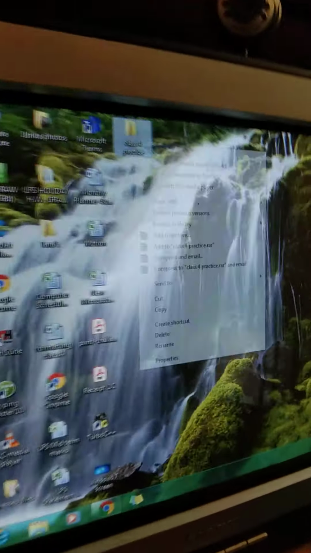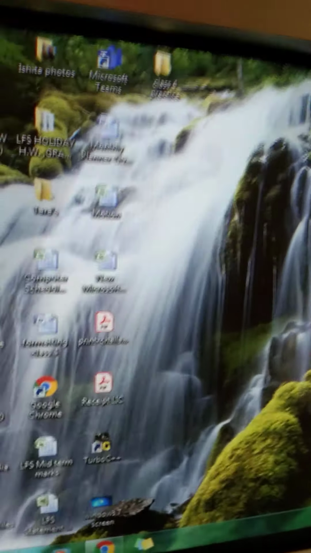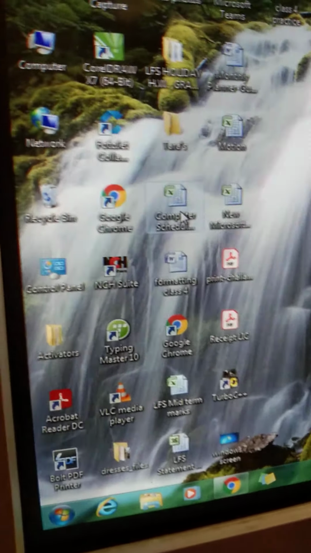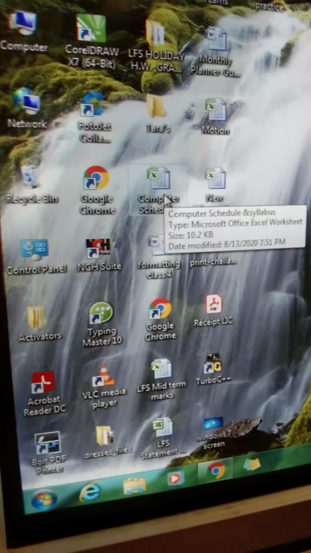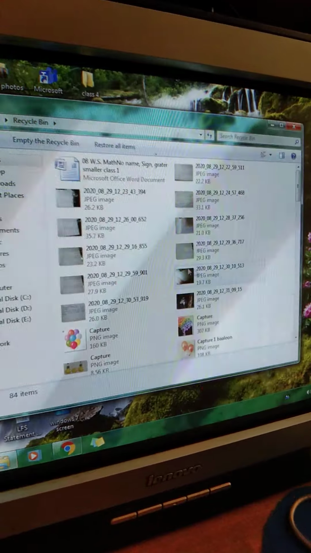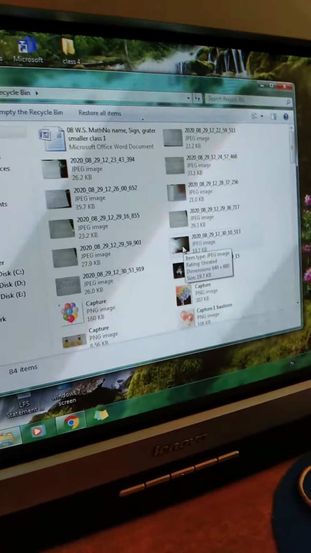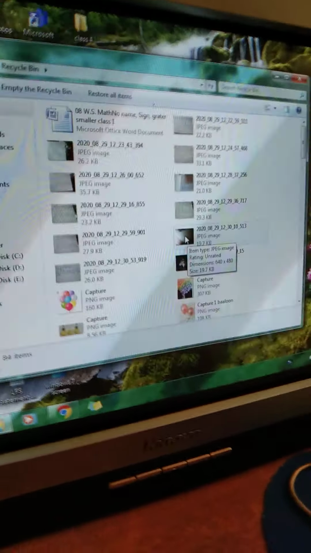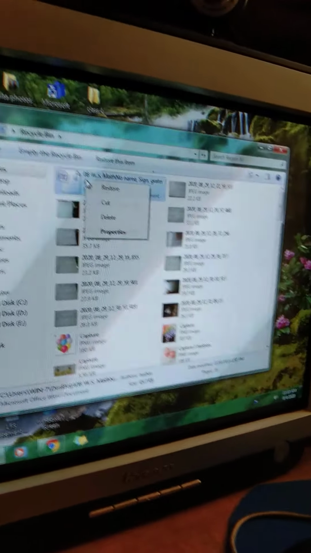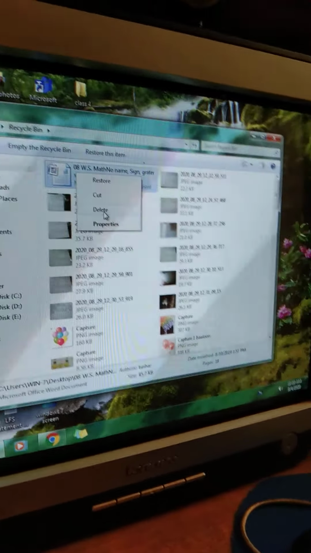After doing this delete, it will go to the recycle bin. Recycle bin is just like the dustbin. It contains all the trash. Whatever we delete goes to the recycle bin. And if we open the recycle bin, it contains all the deleted items. Now suppose if we want to delete the files or folders from this recycle bin also, then we can right click and delete. Then it will be deleted permanently from here.